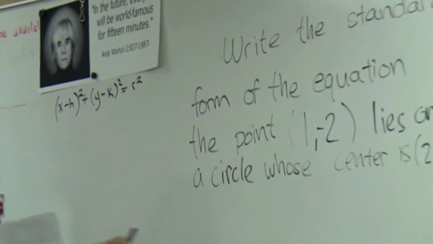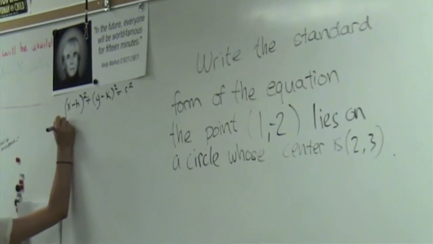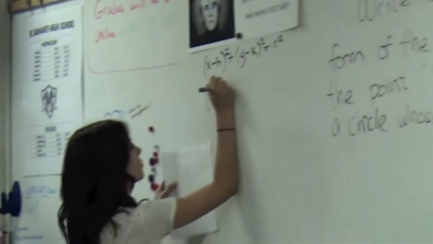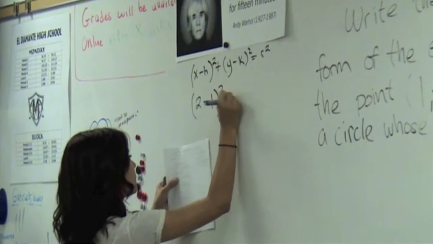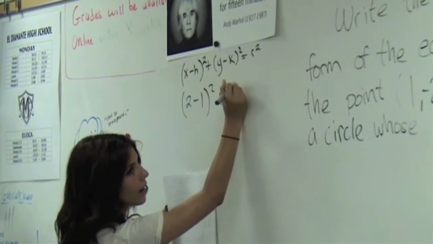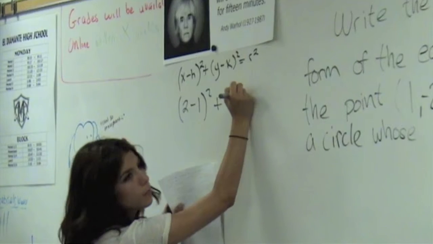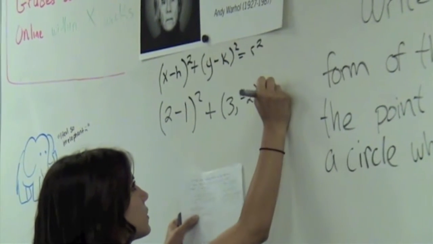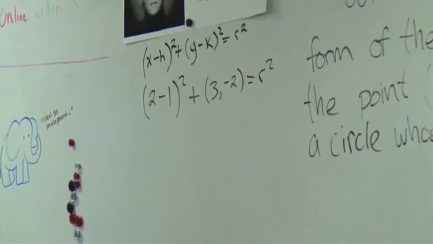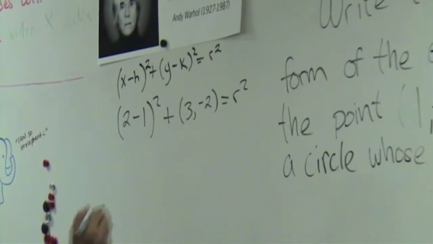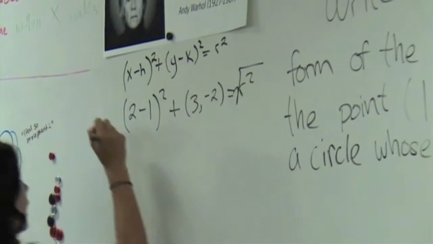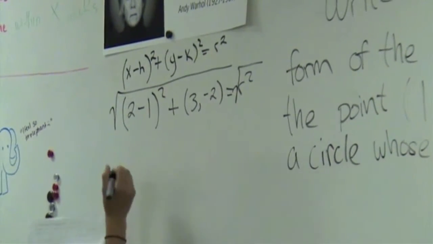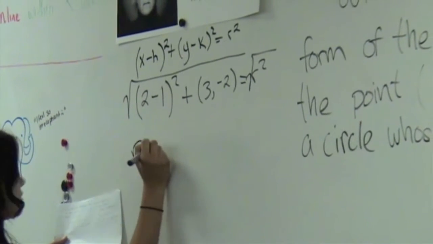And you take the center, the x of which is 2, minus the point's x, 1, squared, plus the y of the center, 3, minus the point's y, -2, equals r squared, because you need to find the radius. Now, I would just square root right off the bat, so you could get just r. So it would be r equals the square root